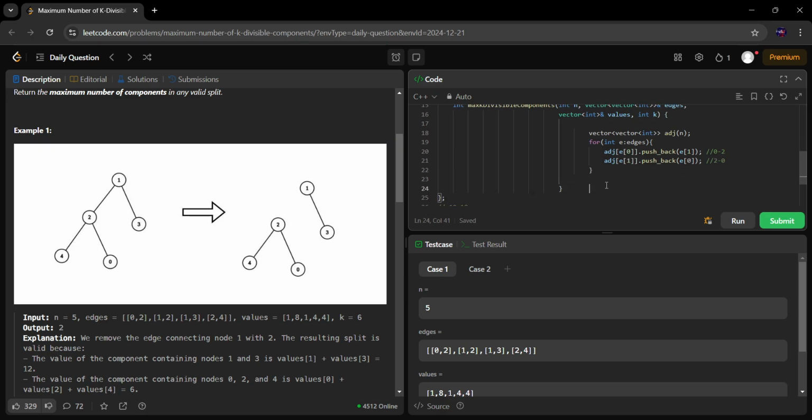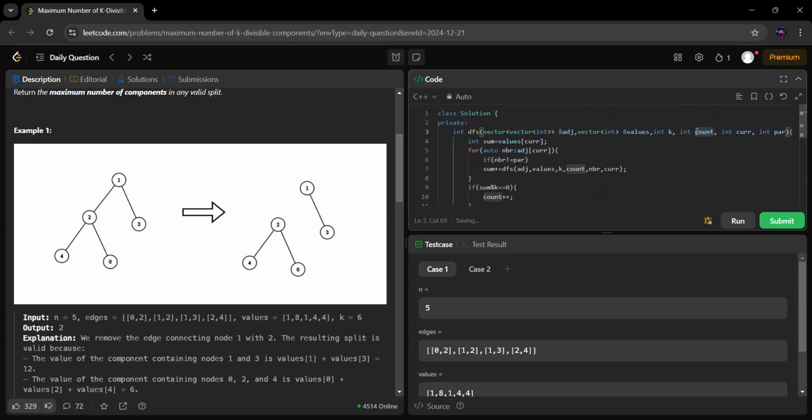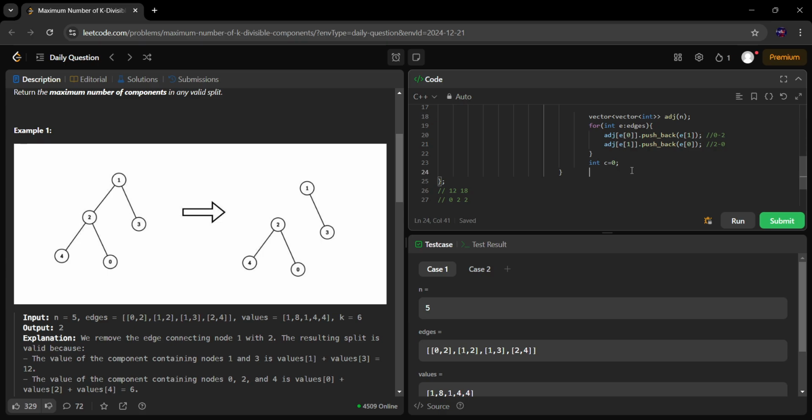So let's call that in our main function. Let's initialize our count variable, which will be 0 at first. Let's call it by reference, because we'll be needing this count, right? For DFS we'll be passing our adjacency matrix at first, then we'll be passing our values, then we'll be passing K,